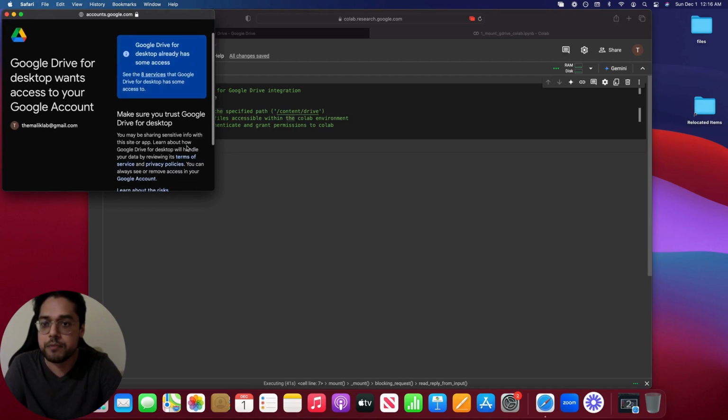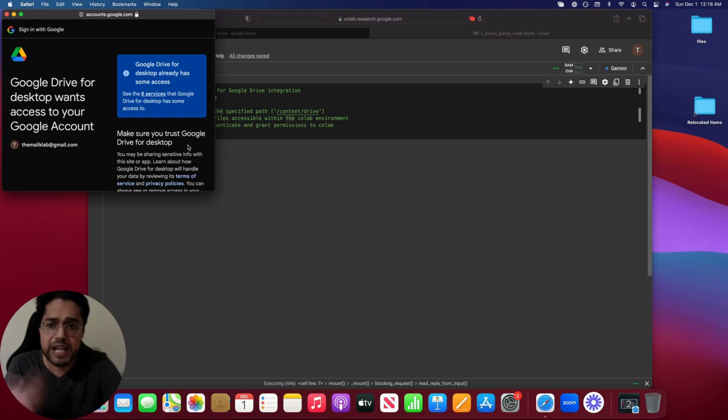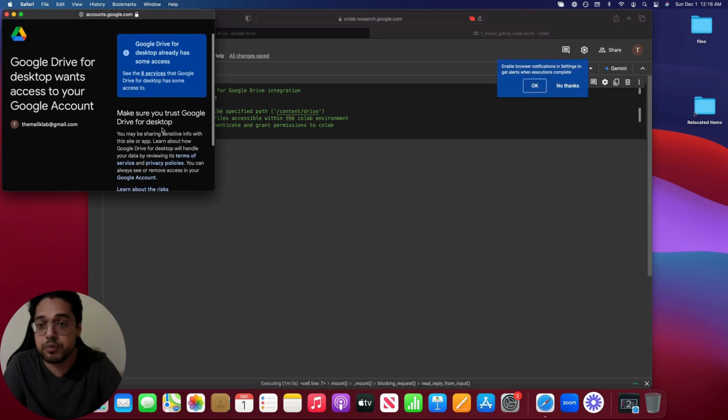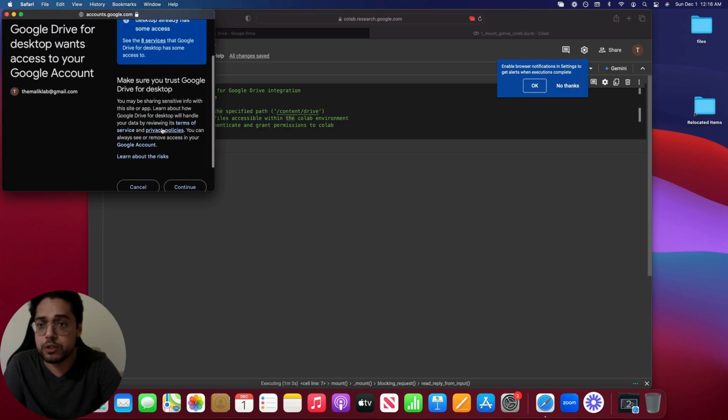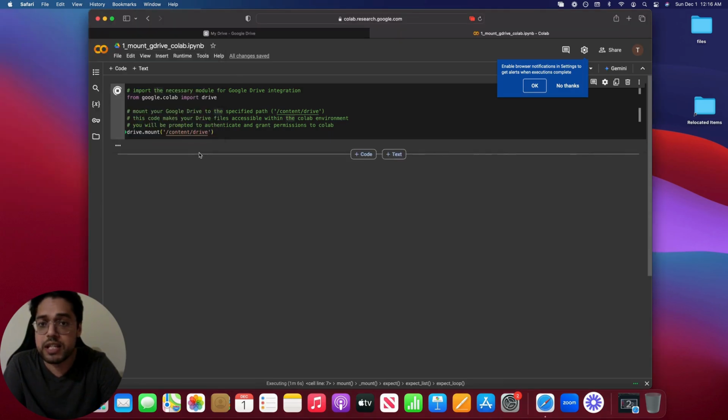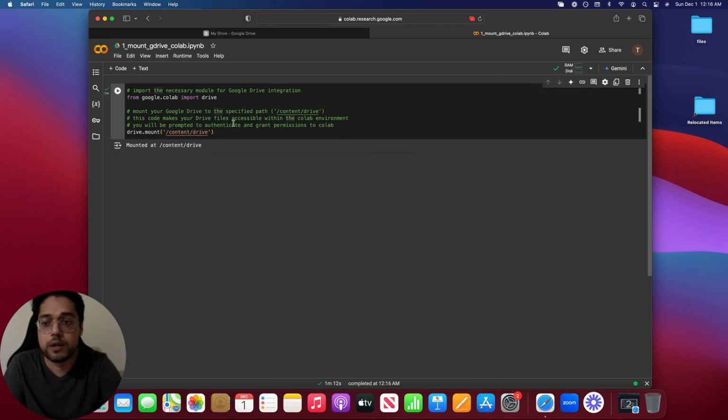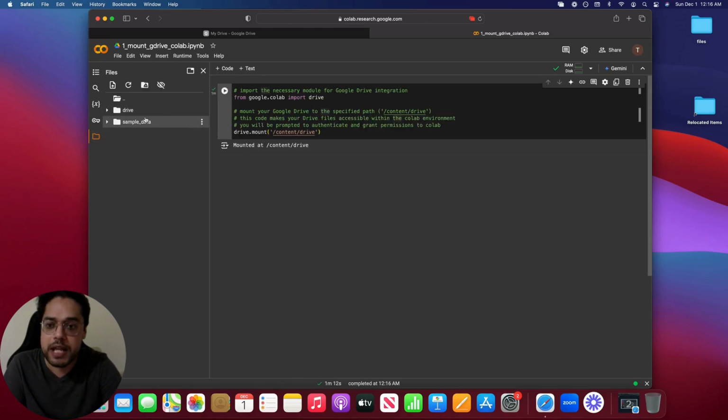That's fine. When you first do this on your account, it will ask you for permission on a bunch of different services, to minimize friction so that you can get to your notebook analysis really quickly. I recommend you just say yes, select all, provide access to a lot of your content, and when you say continue, it will successfully connect your Colab notebook to your Google Drive. If you see over here, there's a new folder called Drive. When you click it down,